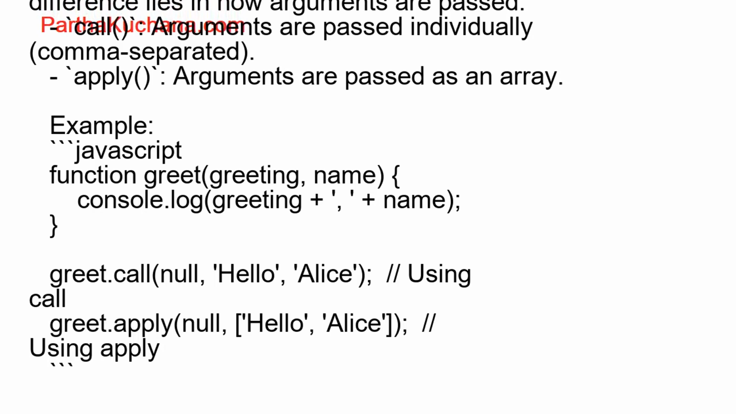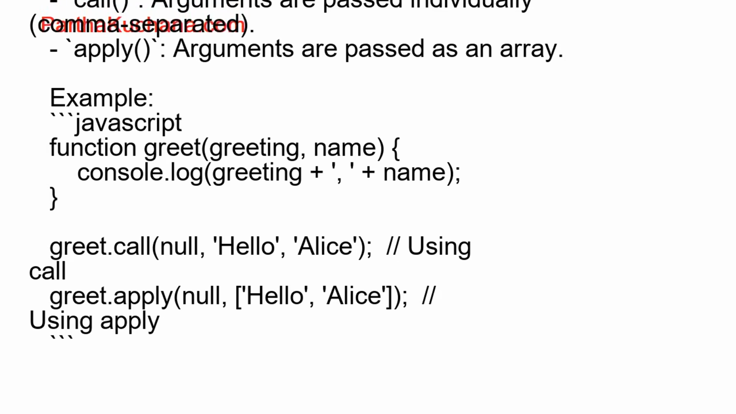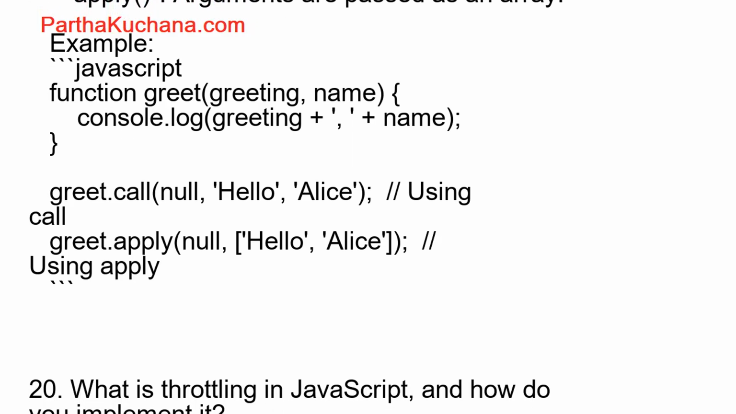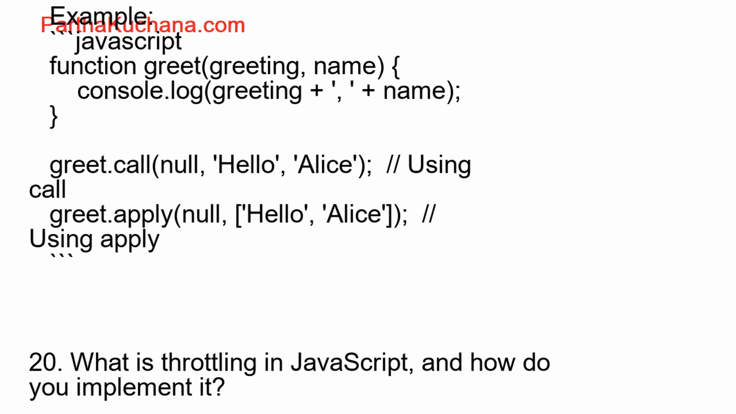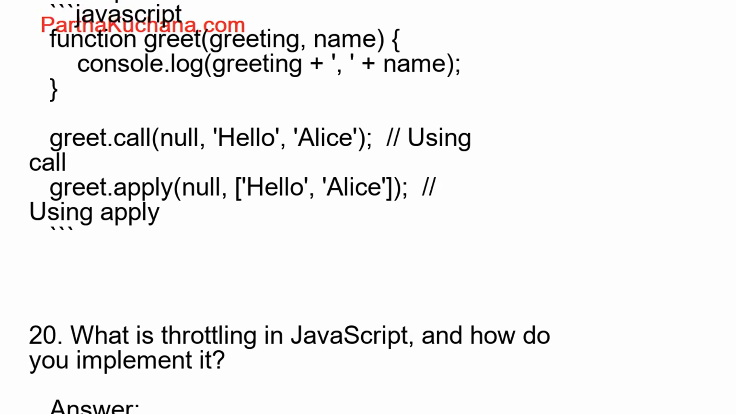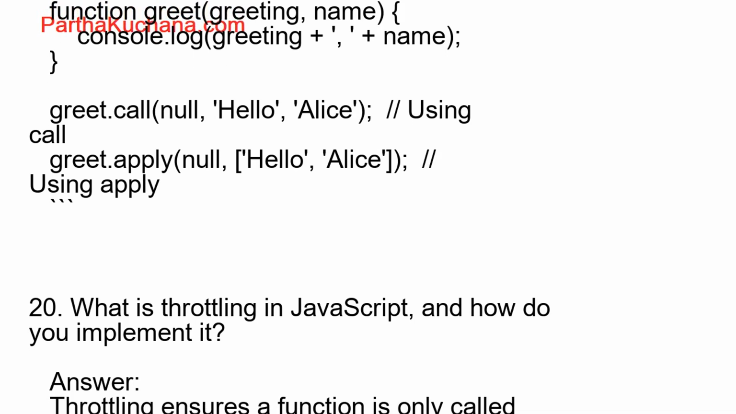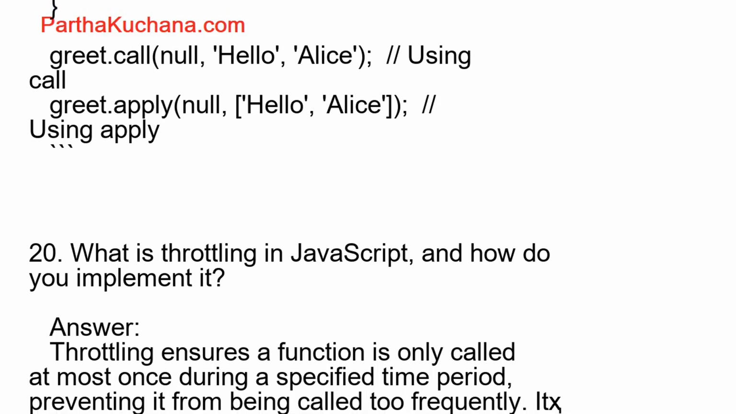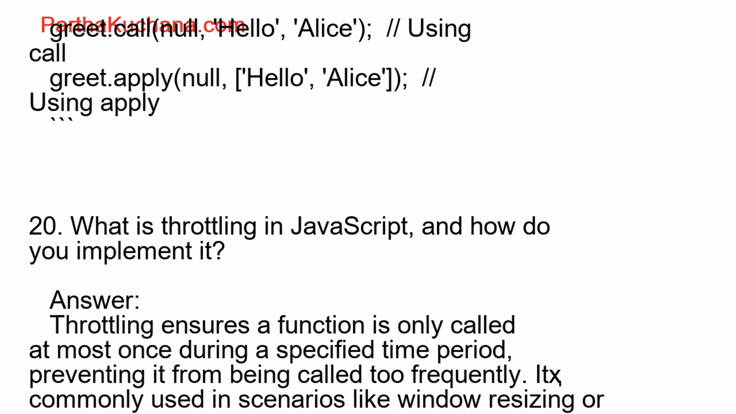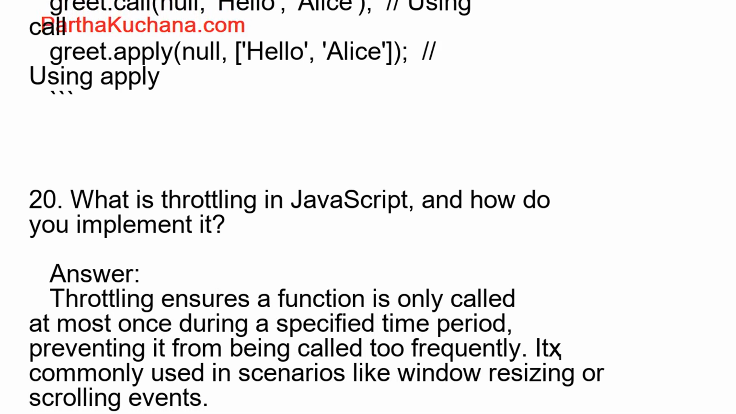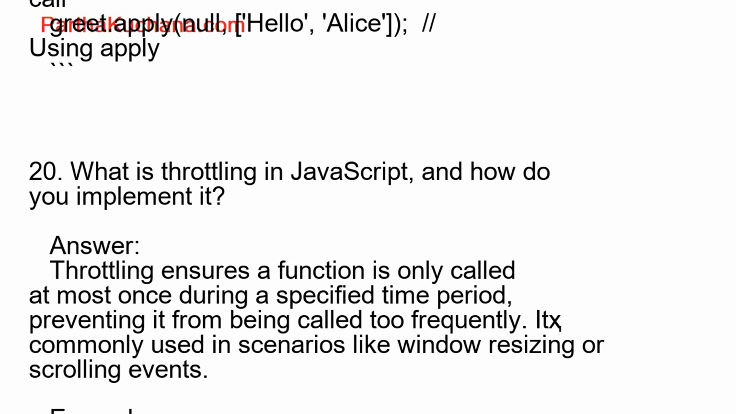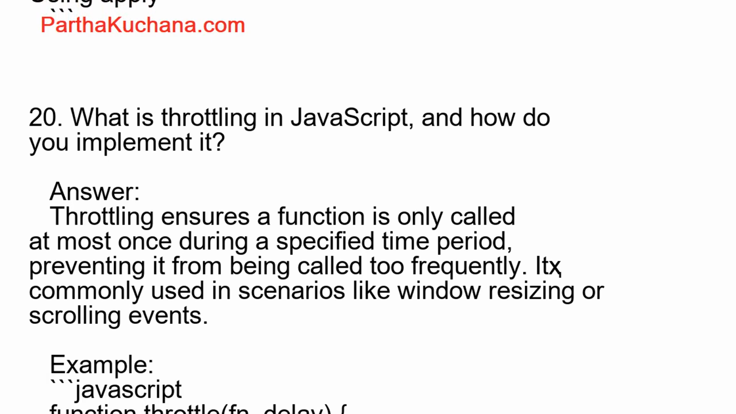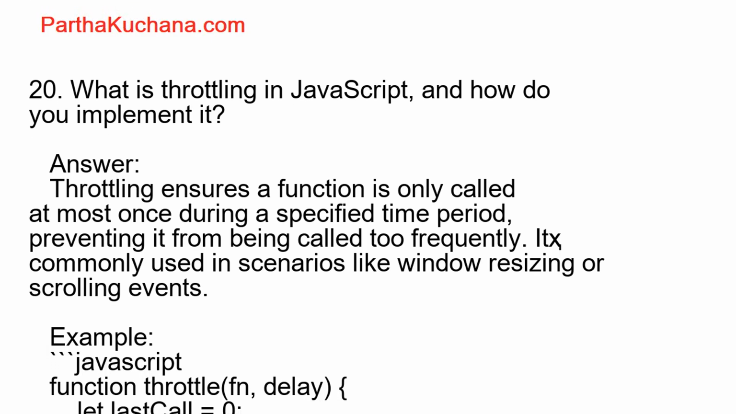22. What is the temporal dead zone in JavaScript? Answer. The temporal dead zone, TDZ, refers to the period of time during which a let or const variable is declared but not yet initialized. Accessing the variable in this zone will throw a reference error. The TDZ starts from the block entry until the variable's initialization. Example, JavaScript. console.log(x); // throws reference error. let x = 10;